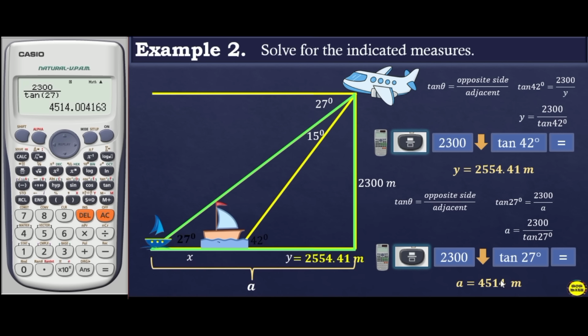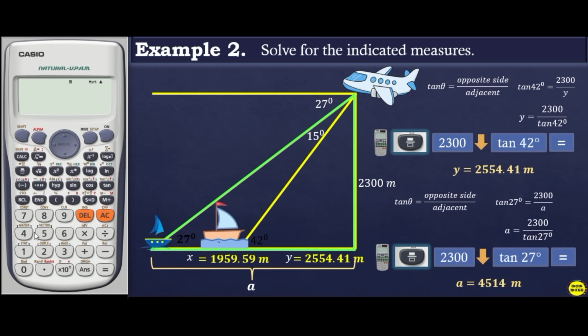4,514 minus 2,554.41. Isusubtract natin ito para makuha natin si X since ito po yung measure ng kabuuan. And that is 1,959.59. So, i-minus natin siya. So, 4,514 minus 1,959.59. So, and that is, okay, ito